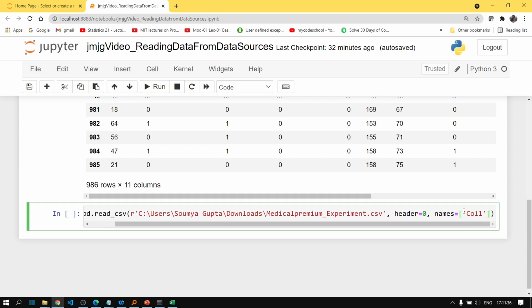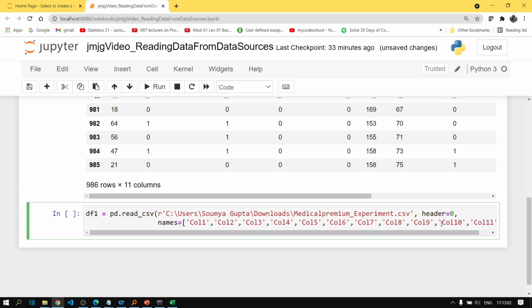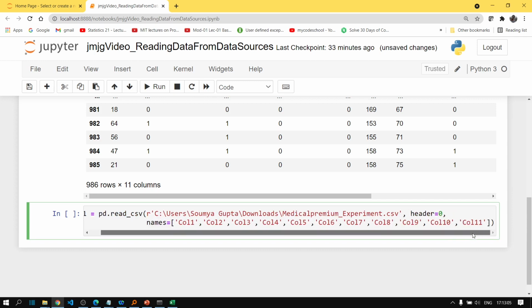But in real life scenarios, when you work on real life projects, you should never give column names like col1, col2, col3, etc. So let's give the name col1, copy it from here and paste it, then again paste it several times. Okay, so bring it in the next line. It's 7, 8, 9, 10, 11, right?